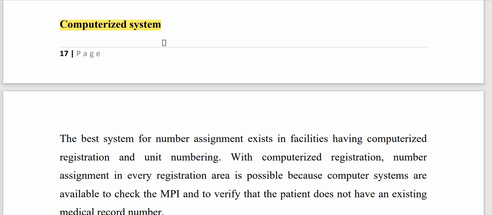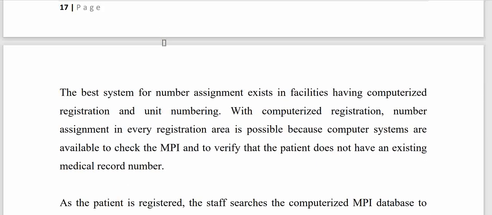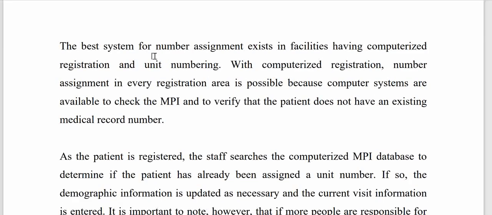That can really make you unique and improve a lot of things, basically putting you ahead of your competitors in the job market. So moving forward, in computerized systems, the best systems for number assignments exist in